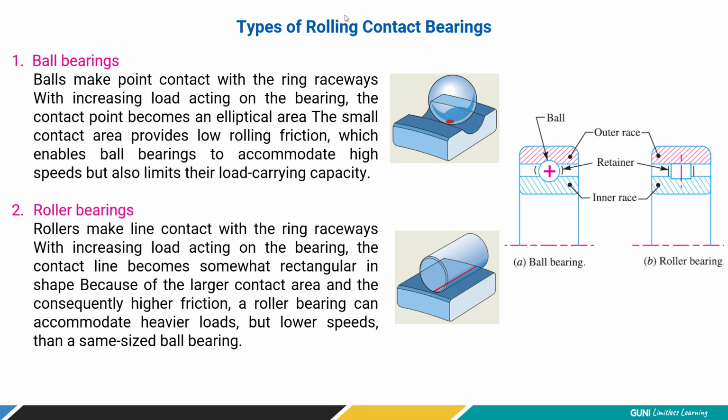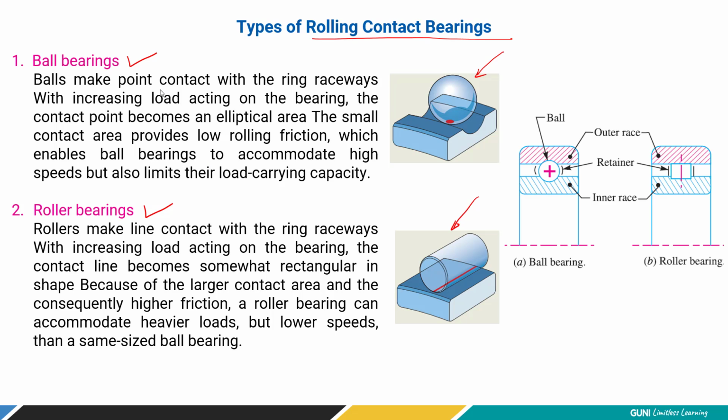Now let's talk about the types of rolling contact bearing. Previously, we have seen the types of plain contact bearing, or say sliding contact bearing. Now let's look at the types of rolling contact bearing. The first is based on the shape of the rolling element, that is ball bearings and roller bearings, right? So the rolling element may be in the form of a ball or in the form of a roller. If we use a ball, we call it a ball bearing, which is generally the term we use to refer to all rolling contact bearings, right?